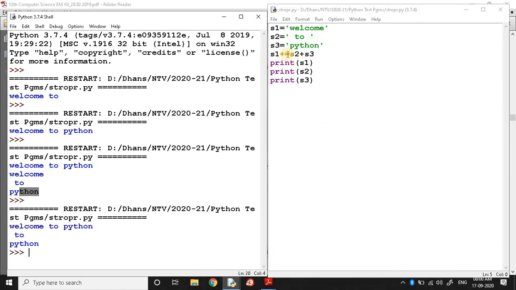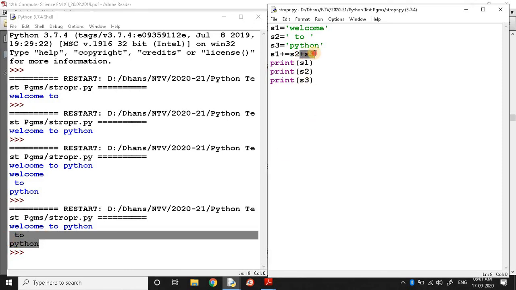Welcome to Python. Because S2 plus S3 concatenates these two strings, to and Python, then this is appended with S1. So S1 becomes welcome to Python, and S2 and S3 remain in the same position.